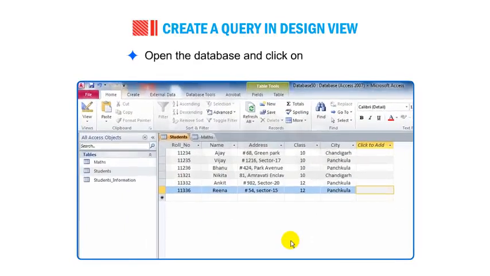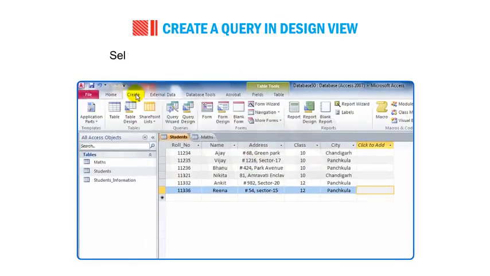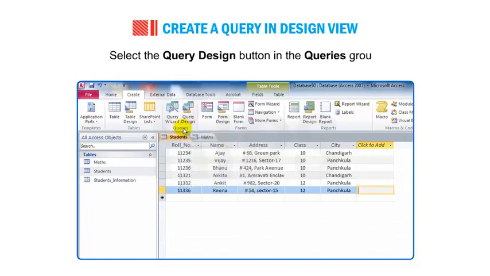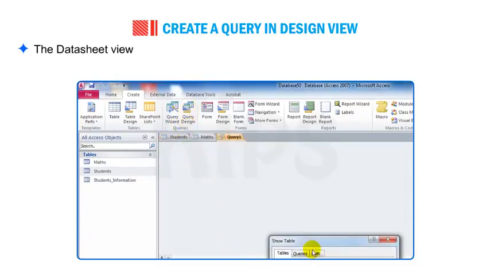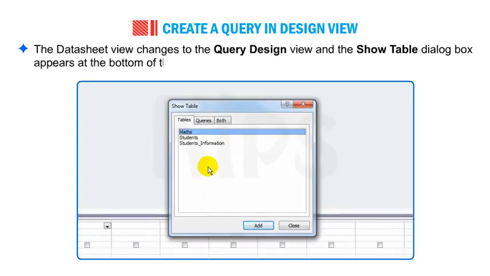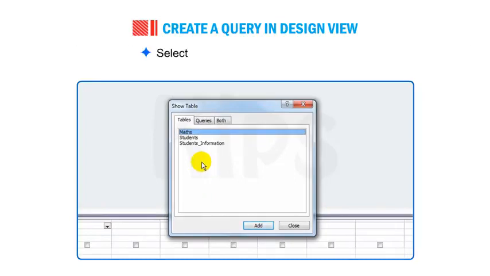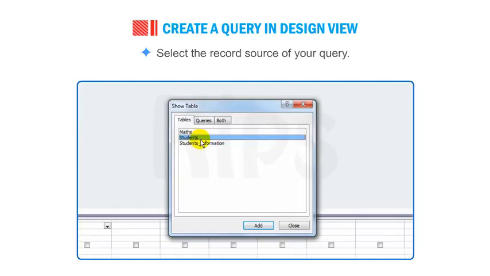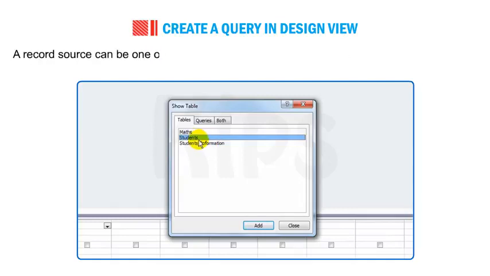Open the database and click on the Create tab. Select the Query Design button in the Queries group. The datasheet view changes to the Query Design view and the Show Table dialog box appears at the bottom of the screen. Select the record source of your query. A record source can be one or more tables, one or more queries, or a combination of the two.